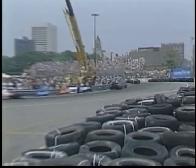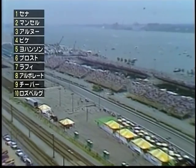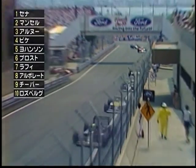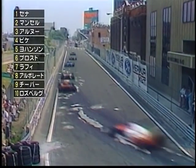A bit of a gap as Prost goes through, and on lap 2, Mansell striking sparks from the rear of the Williams, closes right up on Ayrton Senna. Those two tying for 2nd place in the World Championship after 6 races. This is the 7th in 16. And last year there was a lot of problems with the course breaking up. Yes, well, there's been no complaints so far this year about the course, but